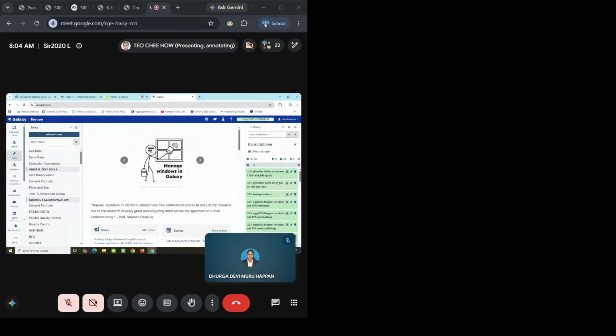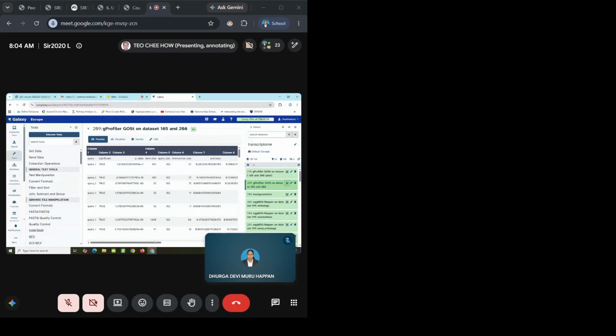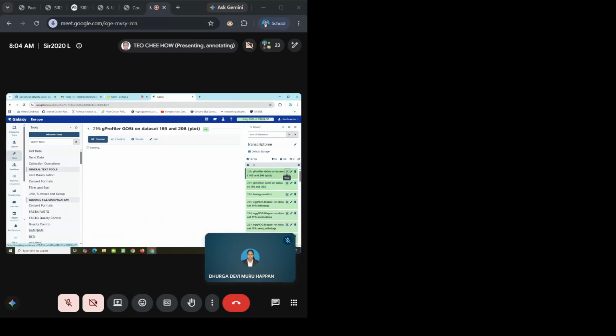For yesterday's GO and KEGG analysis, we use the g:Profiler to do the analysis, right? So here it shows the result, right? And I would like, beside the plots coming from here,